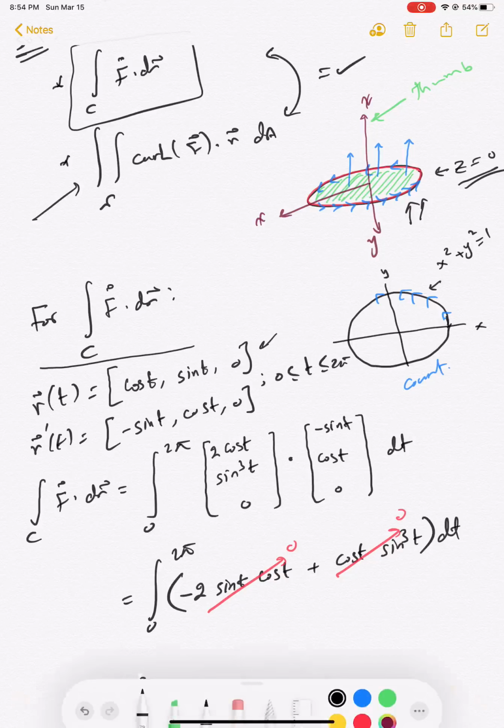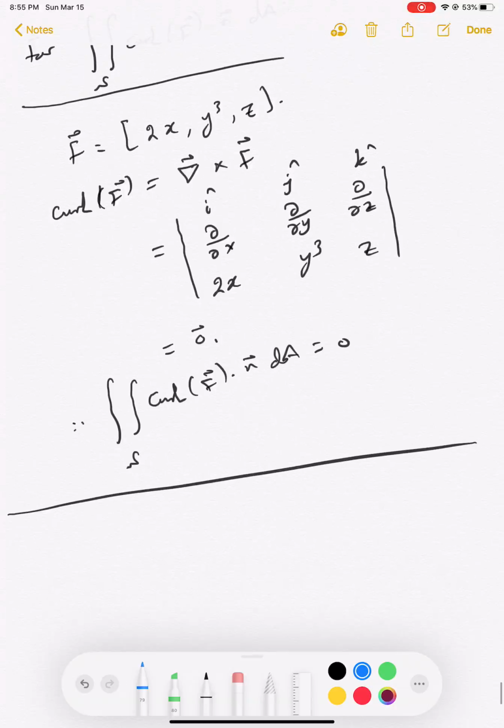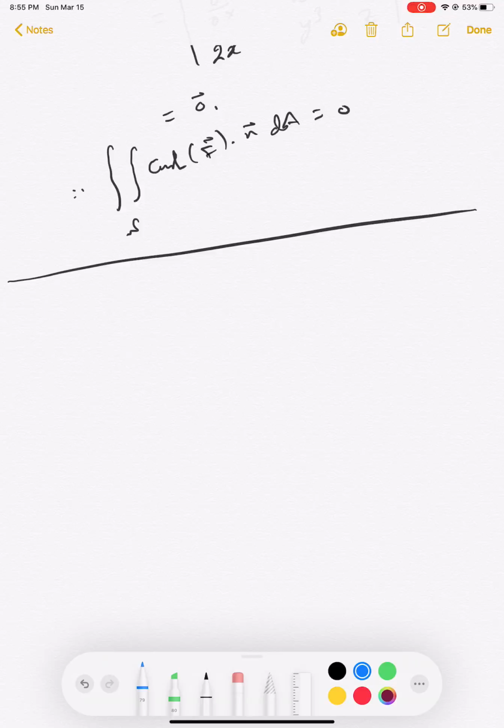So in this particular example, instead of doing the curve integral and doing all the computations, it was much easier for us to compute the surface integral of the curl. And once you compute the curl and you find it 0, then you say, okay, there is no need to compute or to do any parameterizations or integrals, and the integral is 0 right away. So this is somehow a good application of Stokes theorem. Before seeing more examples,